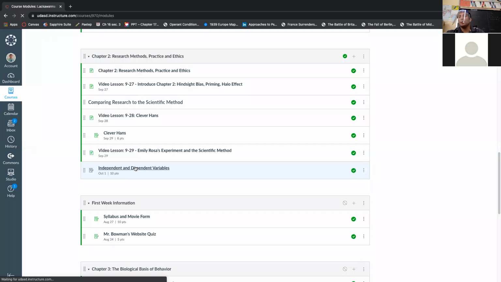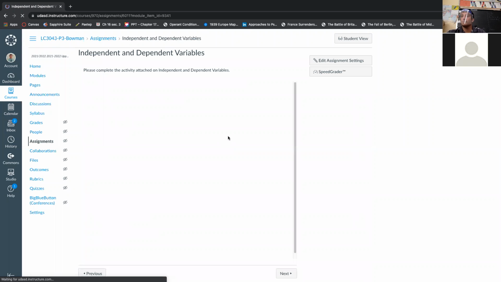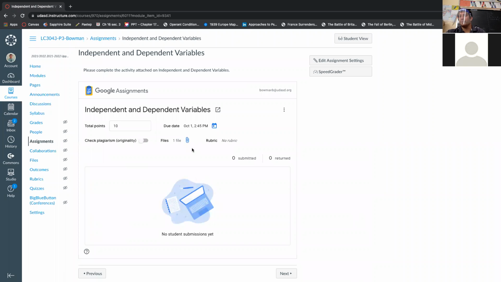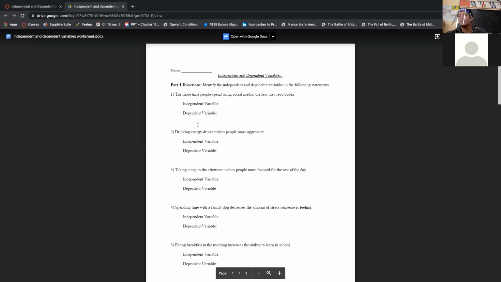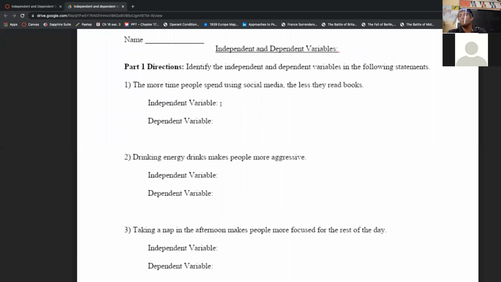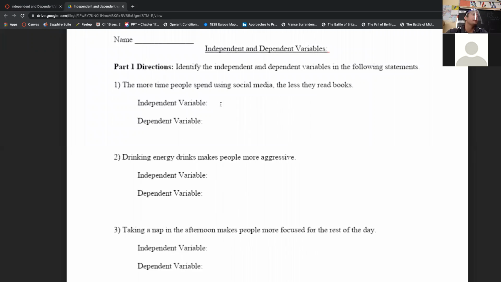All right, so independent, dependent variables. Again, we'll go through the first one together so we all know what we're doing. All right, number one, the more time people spend using social media, the less they read books. So independent variable.